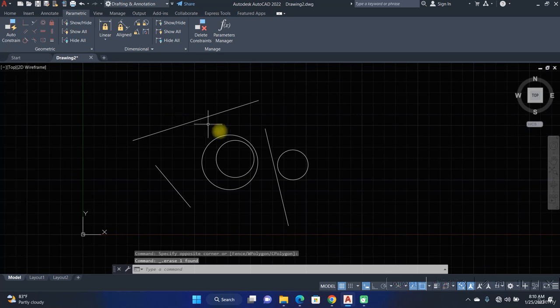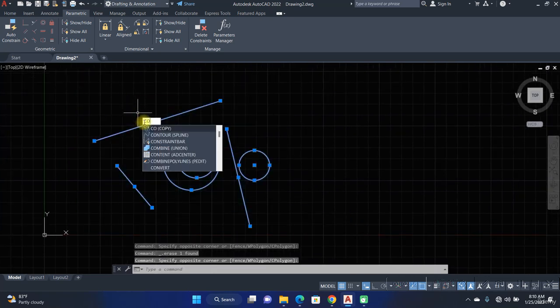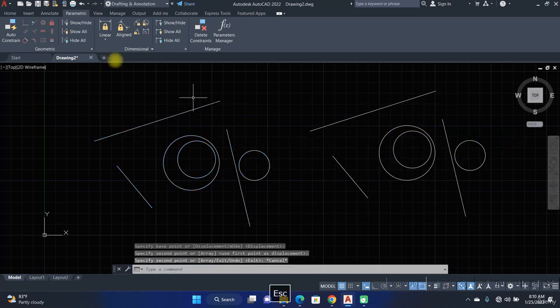Right, now to make use of it, let me copy this. To start with,